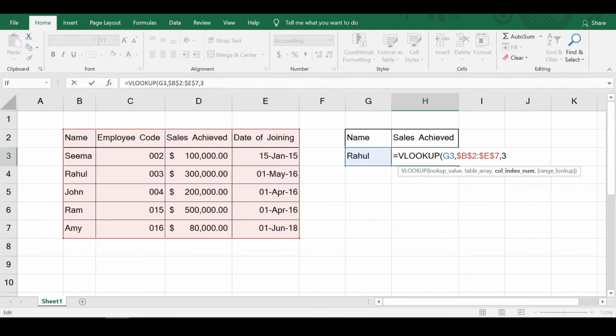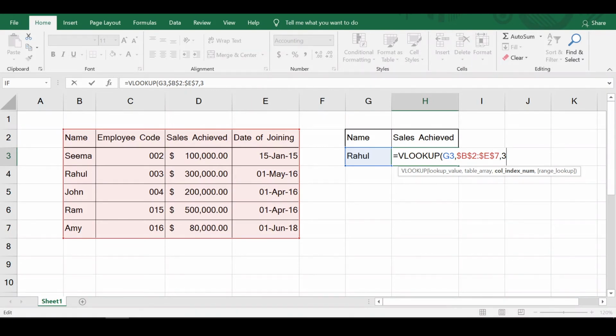Now one thing I missed earlier, that you can see that while Excel searches for the name of the employee in the leftmost column of the table array, it goes with a top to bottom approach. It takes a top down approach, because it first searches this cell for the name of Rahul, then it goes to this cell, and then it goes to the next one until it finds the name of Rahul. So this is why it is also called VLOOKUP, that is it stands for vertical lookup. Why? Because it searches for the name of the employee in a vertical manner from a top to down approach.